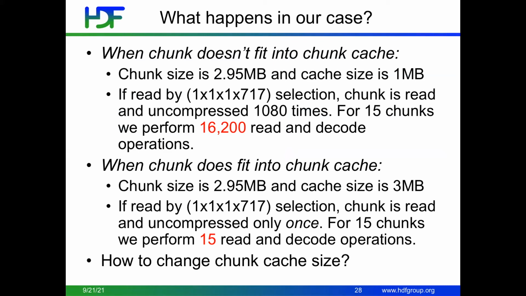Instead, when everything fits in the chunk cache, we'll have only 15 reads, because when reading by row, we only need to read our initial 15 chunks